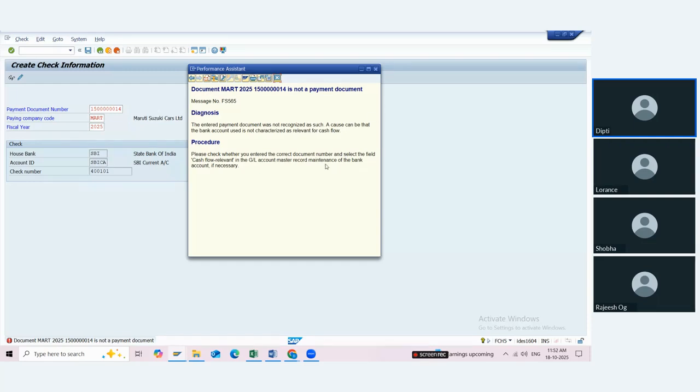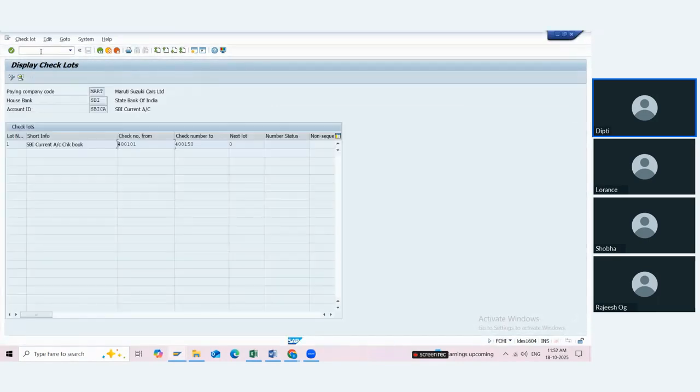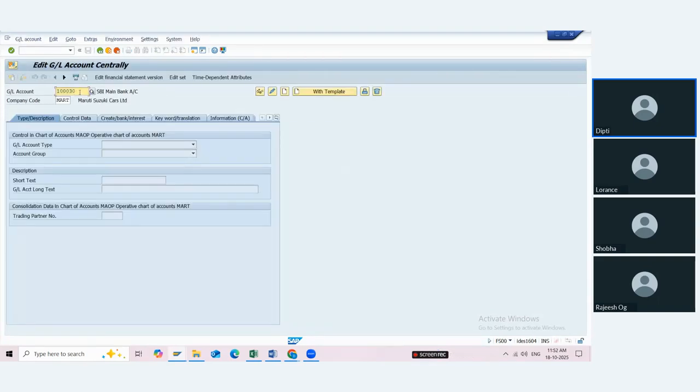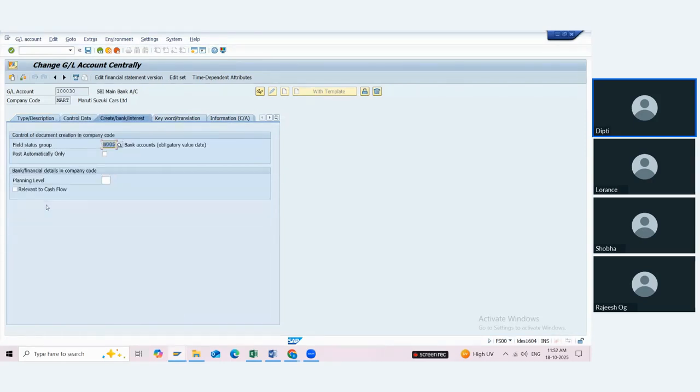But if you do not select it, whatever transaction you try to do for the bank account, it will not allow you to use it, as it is cash flow relevant. So we have to go to FS00. For every bank, incoming, outgoing, all GLs, what we have to do? You have to select the option called relevant to cash flow. Without this option, the system will not at all allow you to use the GL in an entry. But why have I not done it earlier? Because you should know, if you are not doing it, where you are getting the error.